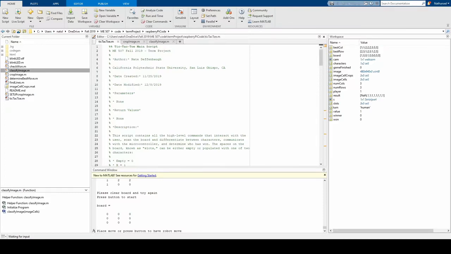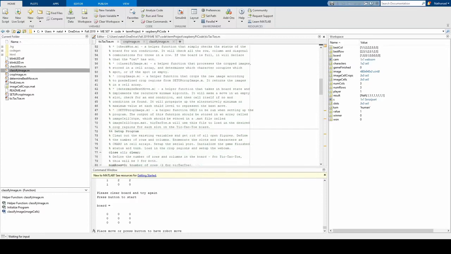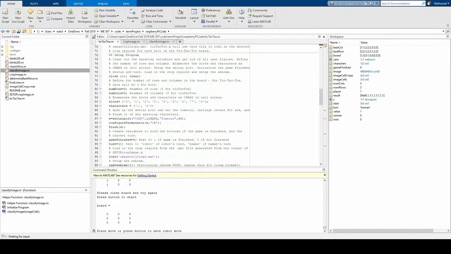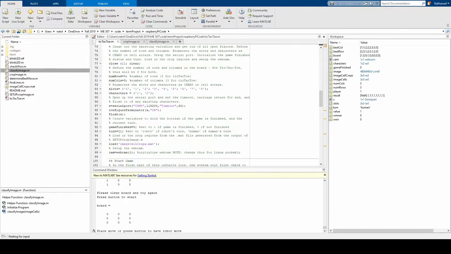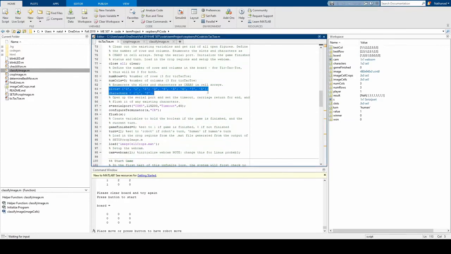So this main script does most of the controlling here. The way that it is set up is it enumerates each of these slots as characters in a cell array to store